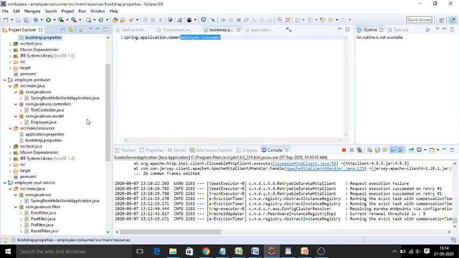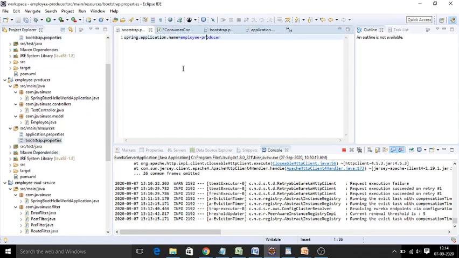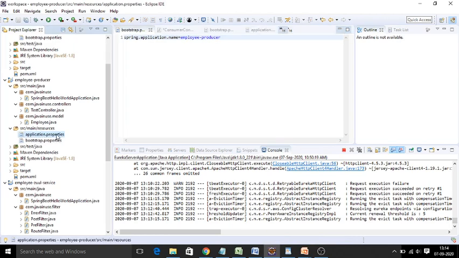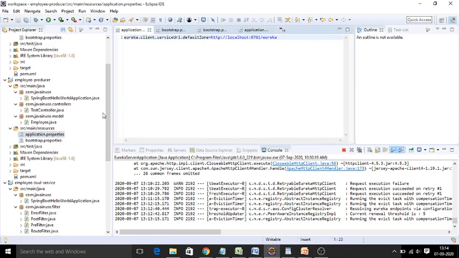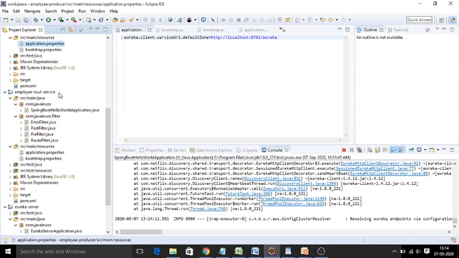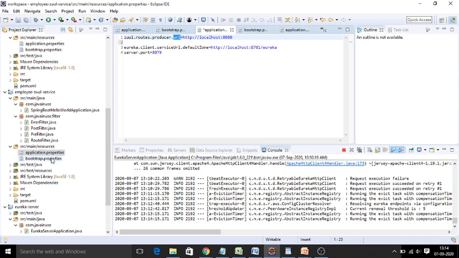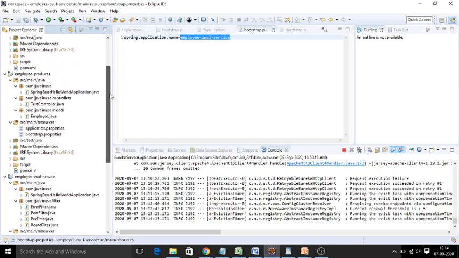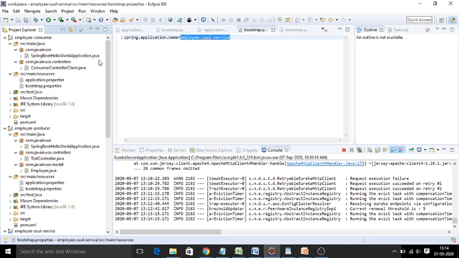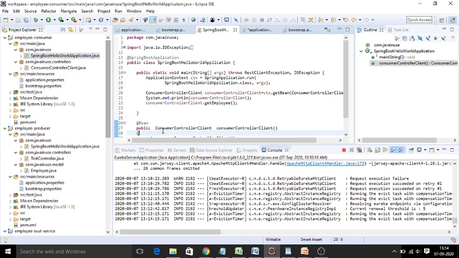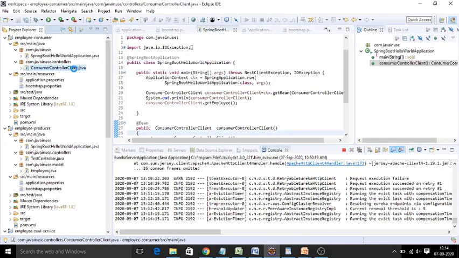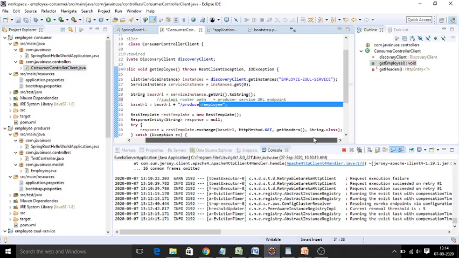Now the producer application is going to be a producer instance, which is also registered with Eureka. And the Zuul proxy instance name is going to be employee Zuul service. Earlier, in the client program of our previous applications, we used to configure the producer instance name.